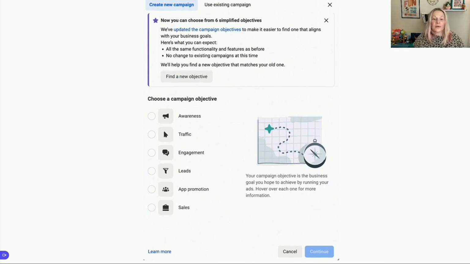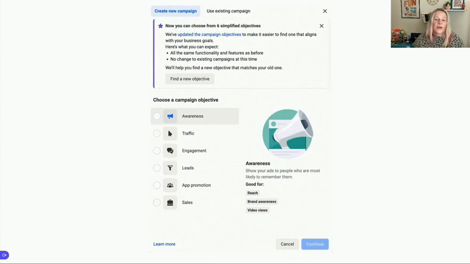Facebook is going to use that engagement objective and just put it in front of people who commonly engage with ads and with posts. So that's why it makes it so important. So you can see here, awareness is great for trying to get in front of more people. It's great for brand awareness. If you have videos that you want to get in front of more people, you want to choose the awareness